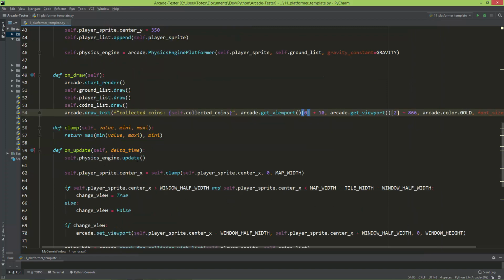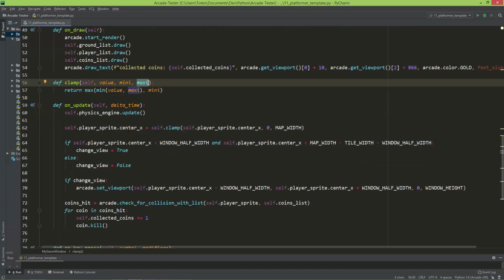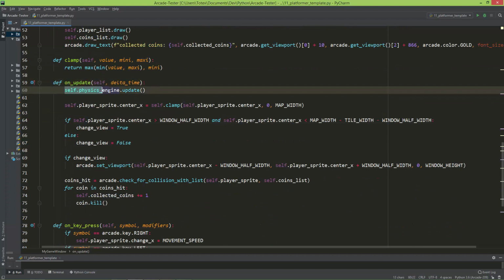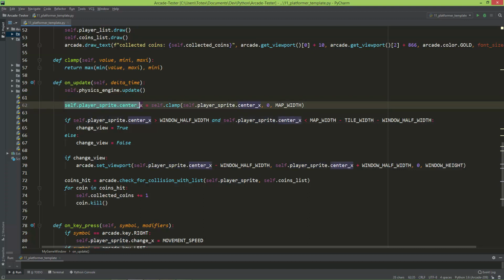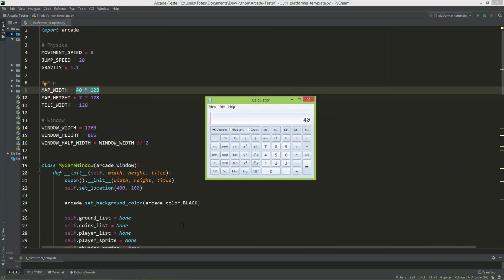And here I created also a clamp method, which just clamps a value between a minimum and a maximum. In the onUpdate method, first thing I'm doing is updating the physics engine by calling physics engine.update, and then I'm clamping the player's sprite X position to 0 and the map width, and the map width is 40 times 128, which is